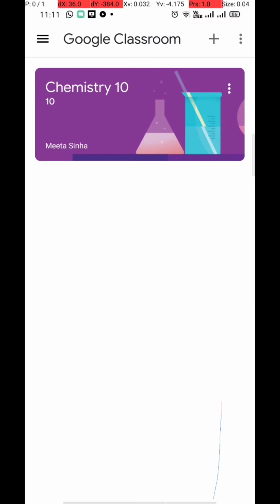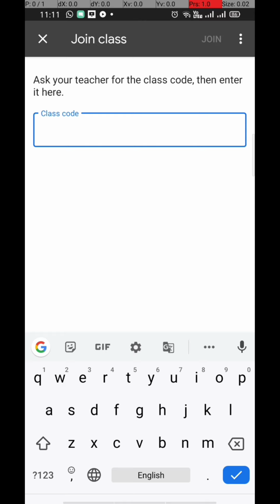I take you back to the previous window. We have already joined the chemistry class. After that, see that we have one more code for another class. For that also you have to repeat the same process. Click on the plus button and choose the first option, that is join class, and now I am filling in the class code.